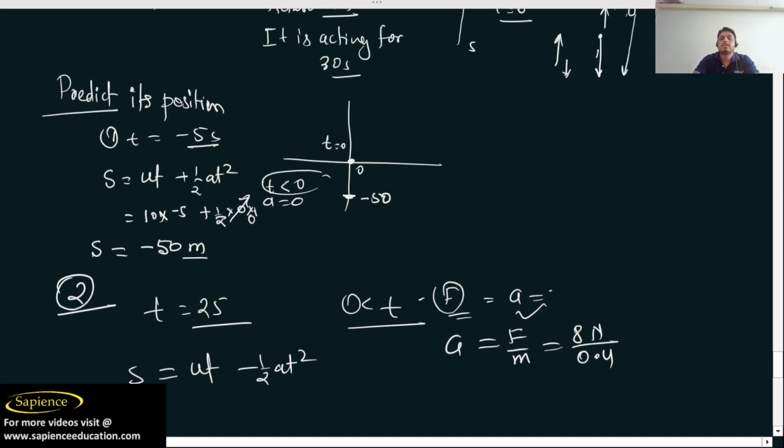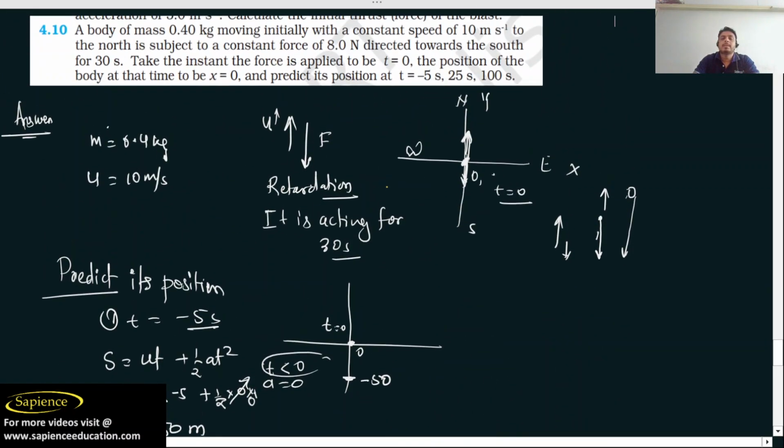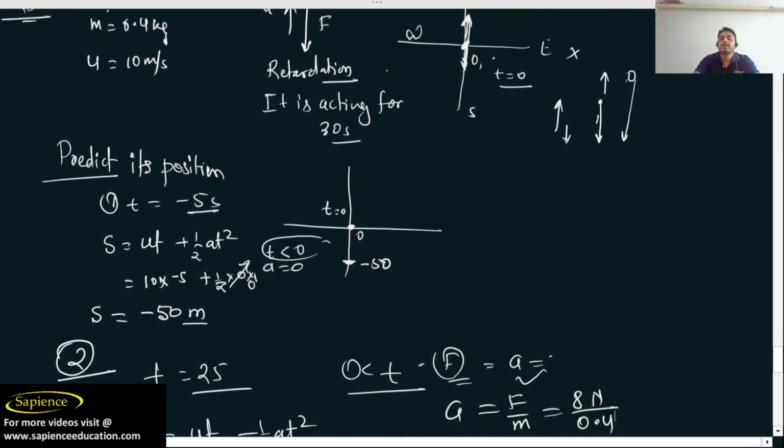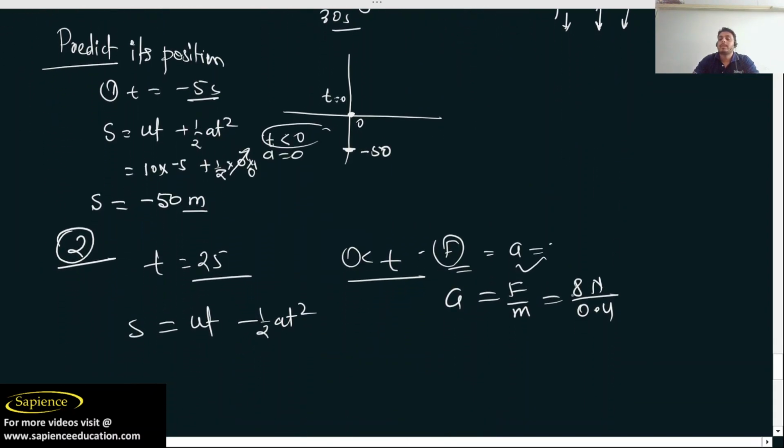Okay, mass is how much? Mass is 0.4 kg. So how much acceleration will come? So this will be 80 by 4, so this will be 20 meter per second square. So if acceleration is 20 meter per second square, you can find initial velocity was 10 meter per second